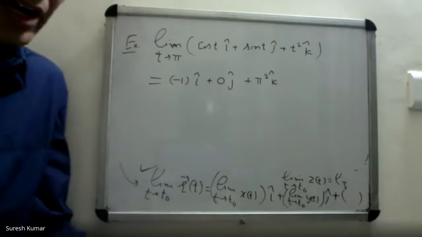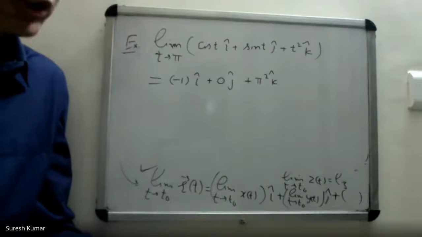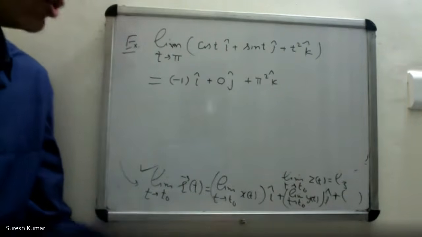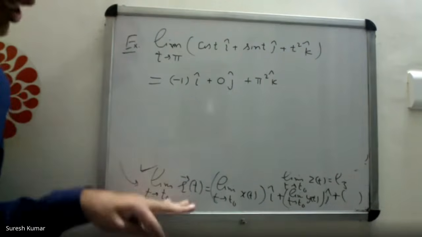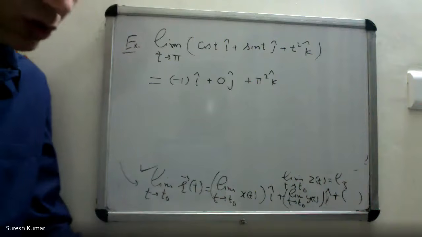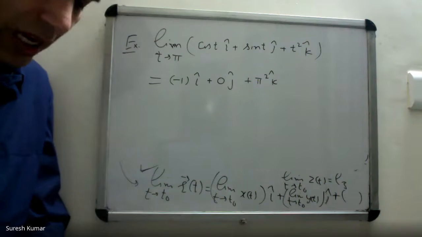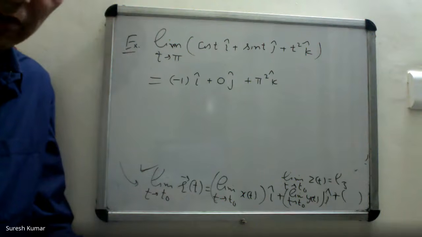So today I have told you what is a vector function with examples, its geometry, and then I have told you the meaning of limit for a vector function and the working formula for finding limit of a vector function. So in the next lecture, I will continue further with continuity, differentiability, integration, etc. Means the calculus of the vector function.